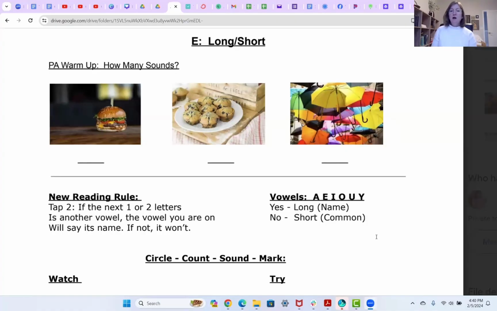Okay, last one is going to be hard. How many sounds in umbrella? Here's a little hint. Make sure that you don't combine the eh with the ul. L is 2 sounds. Okay, in umbrella, we have